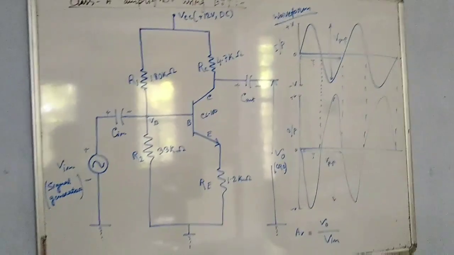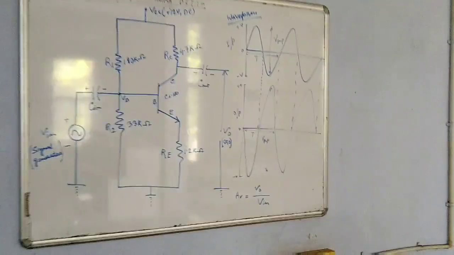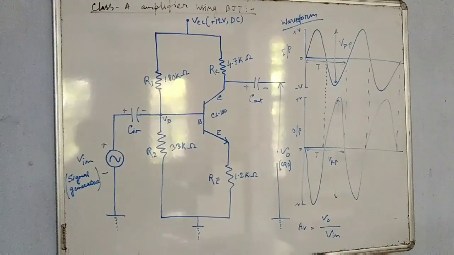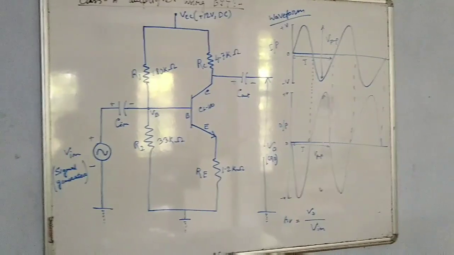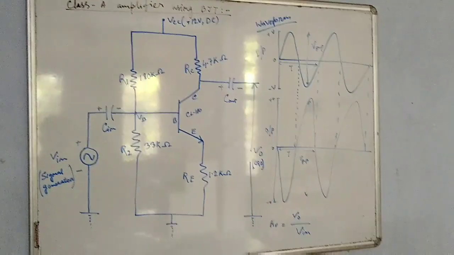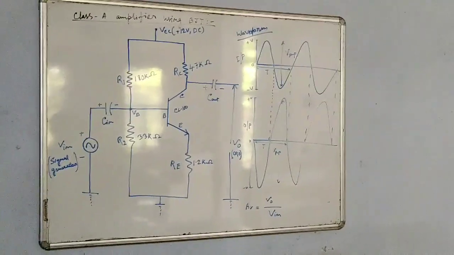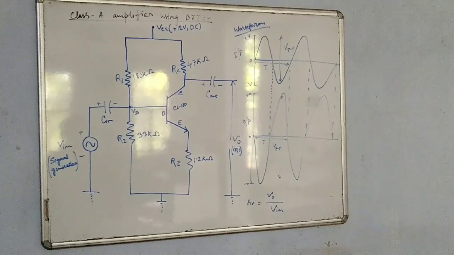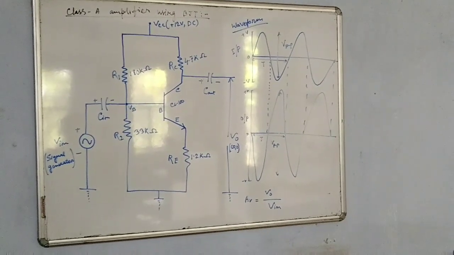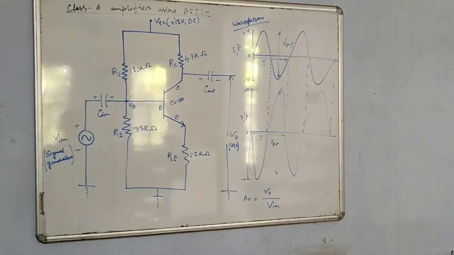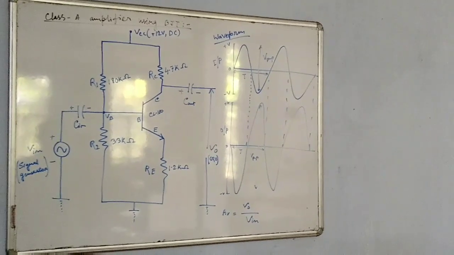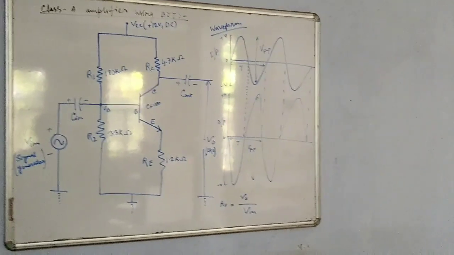This is my circuit using BJT, and the three terminals of the BJT are base, emitter and collector, and four resistances have been connected to give necessary biasing. I recommend you see the PDF first, the document I have sent, and then the supportive audio file, that is the explanatory audio file, to understand how the PDF is working. First you understand the circuit, then you proceed to the video.